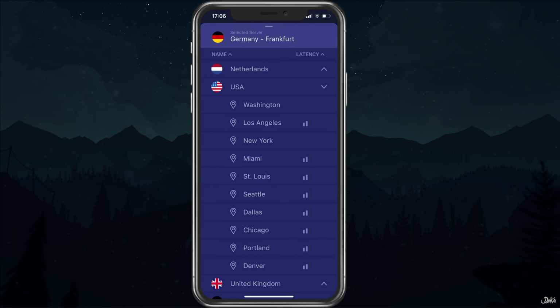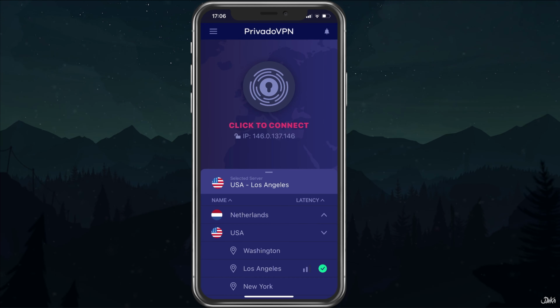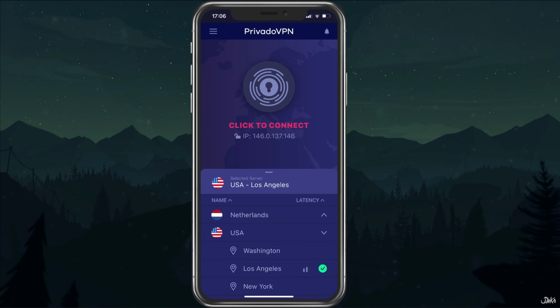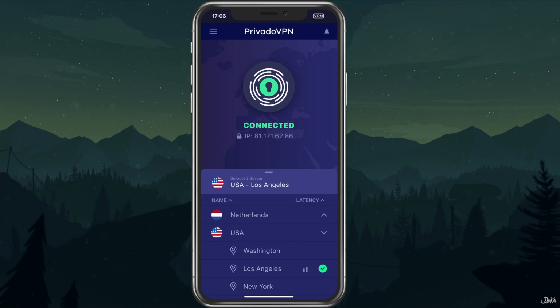Signing up for Privado VPN will allow you to improve network performance on iPhone. Privado VPN easily connects up with fast speeds and with a kill switch, so if your connection is lost, you're still protected. You can easily set up this VPN on your iPhone by downloading the free Privado VPN app from